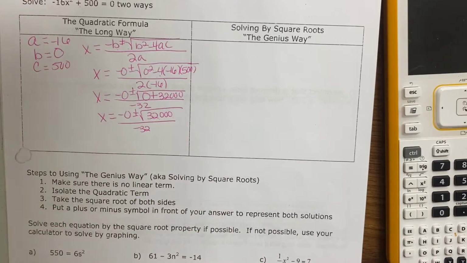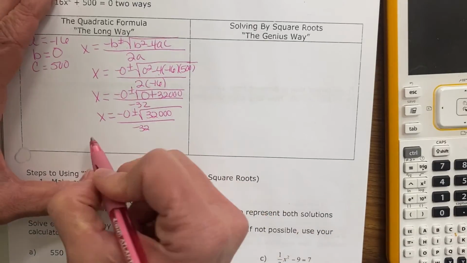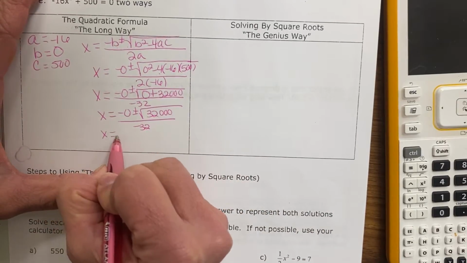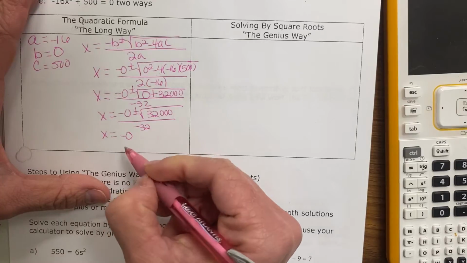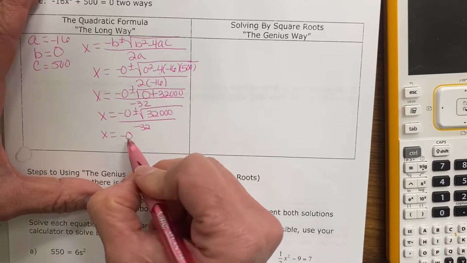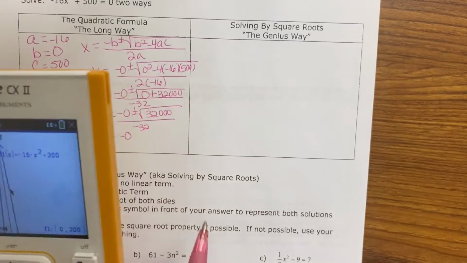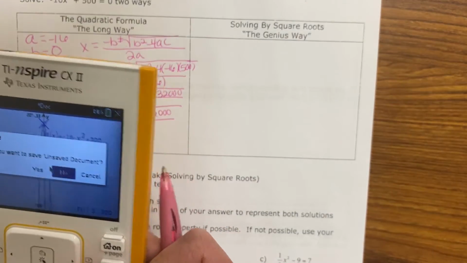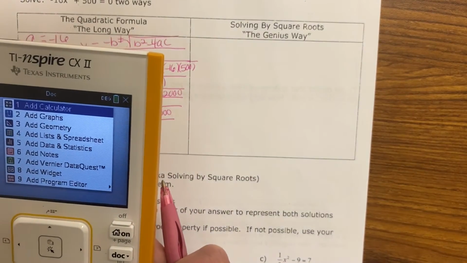So you might want to pick up your calculator and put 32,000 divided by x and see what your perfect square is going to be. Just to refresh your memory,